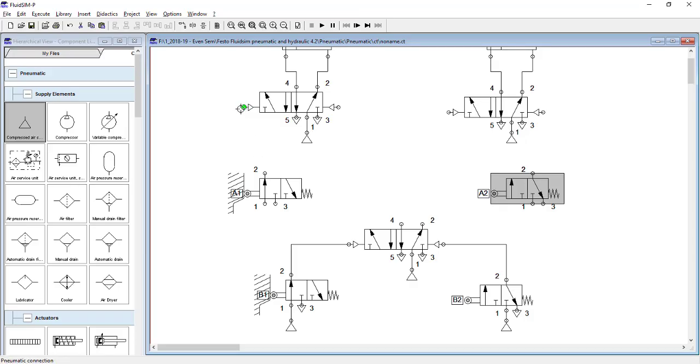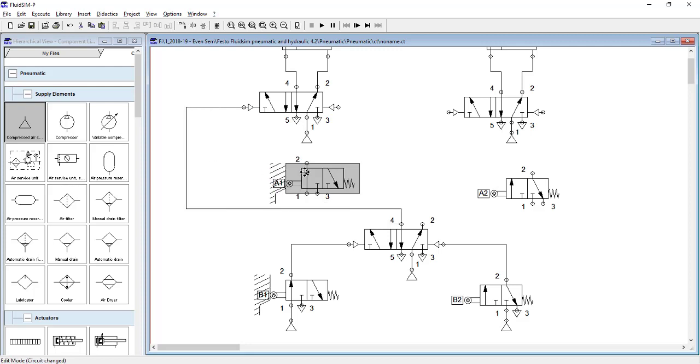So for A plus to take place, this should be activated. So what we will do, we will directly put air from here to here, right? This is how A plus will take place. And when B2 gets activated, this position will become activated. Compressed air will go from this right side.